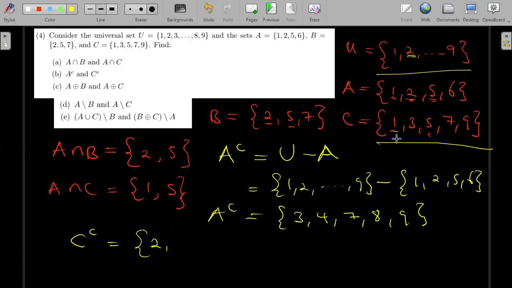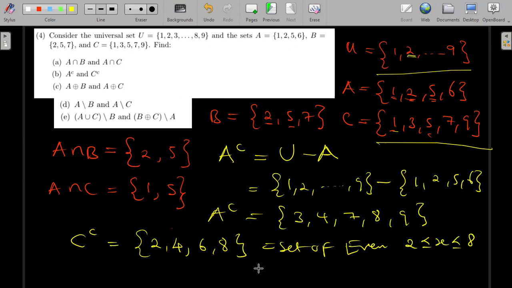So 4 is not in C but is in the universal set. So I put my 4 here. I go 5 is there. So 6 is the next one. So I go 6 here. I look at the other one. The other one next is just going to be 8. And you see here, you just end up with a set of even numbers. Even numbers just between what? Even numbers between 2, this is included, and also